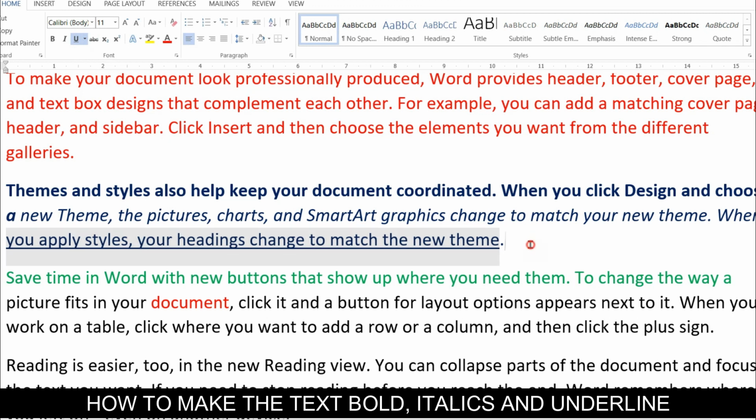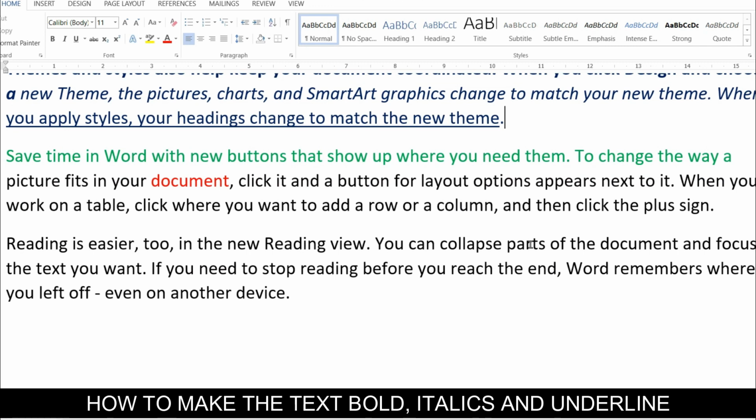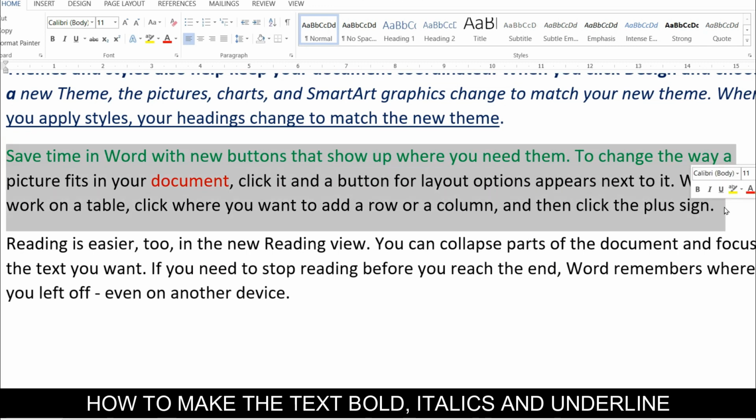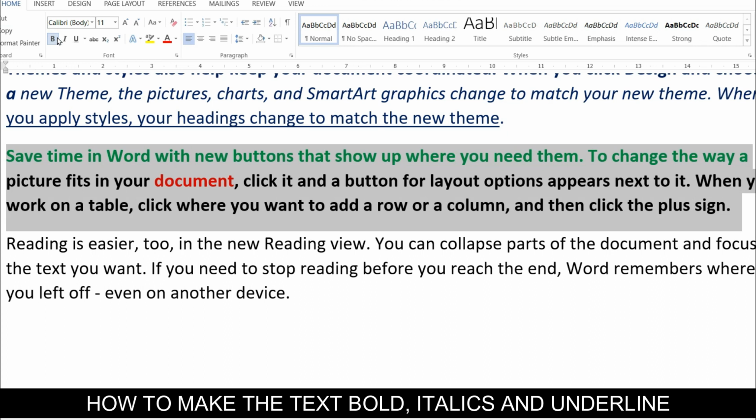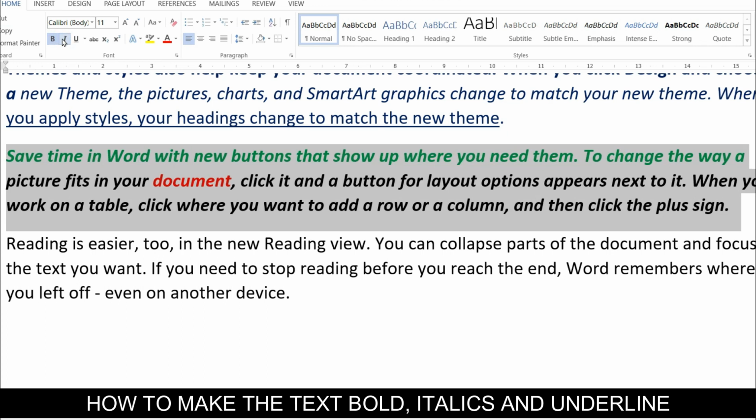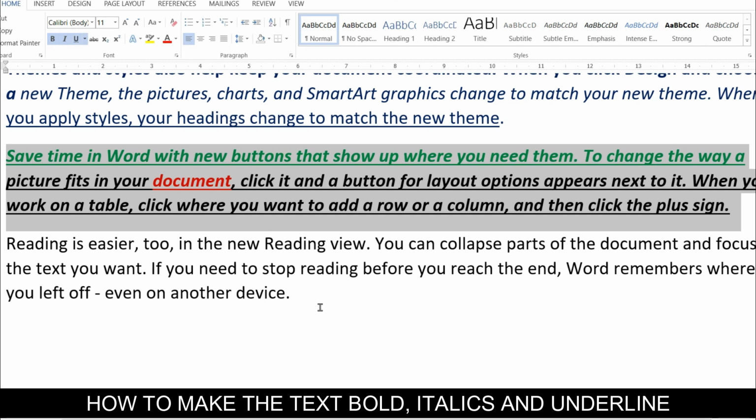So like this you can make it on a single word or a single sentence or the whole paragraph. If you select the whole paragraph, you can make the whole paragraph look bold, you can make the whole paragraph look italicized, or you can make the whole paragraph underlined. Okay,